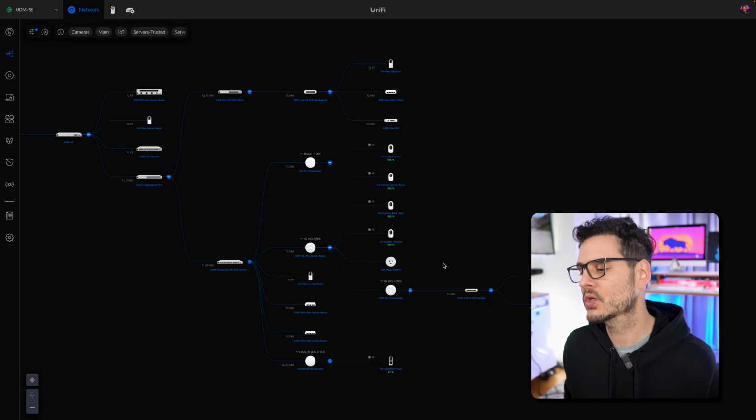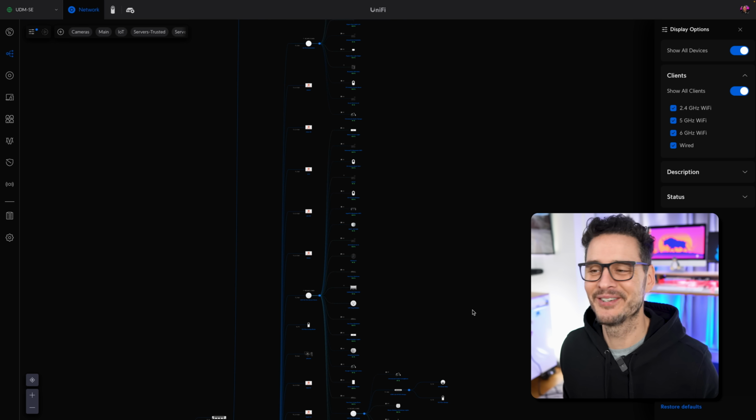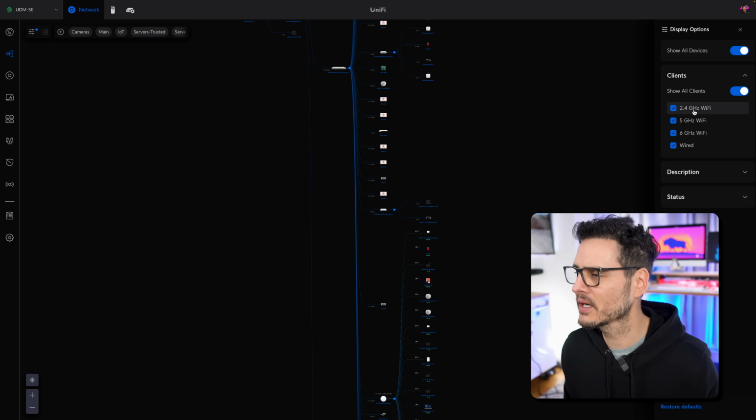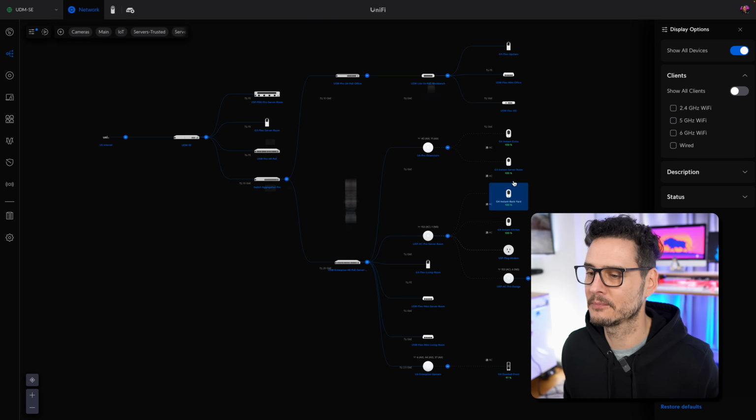Now, I'm not showing all of my devices here on the UniFi devices. If I showed all of my devices, it would be kind of hectic to look at. And as you can see, that's a lot of devices. So I figured I'd just show you the network backbone, or just the network devices that are connected. But this is the physical layout and not the logical layout.